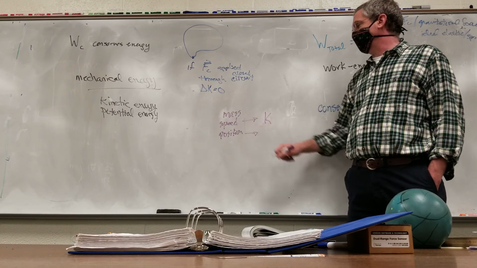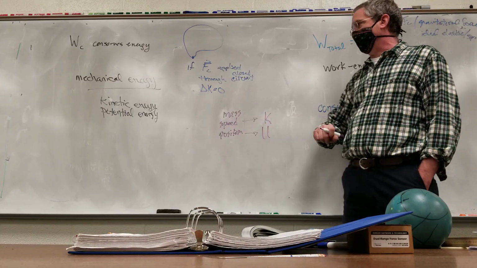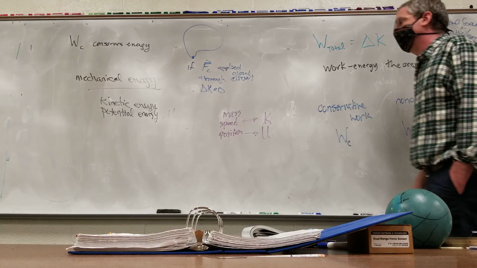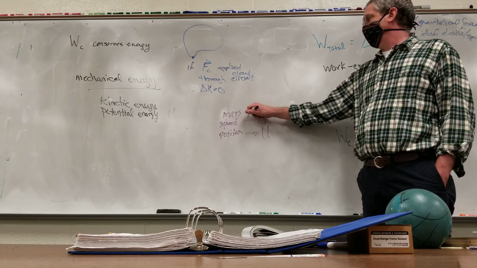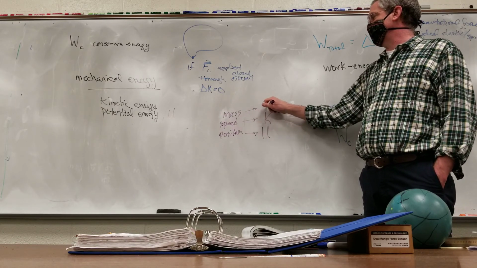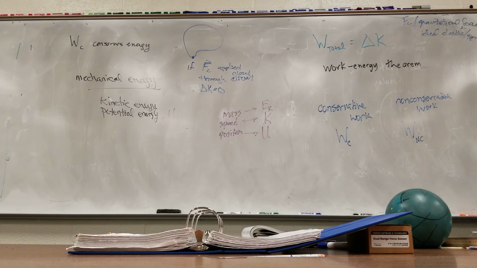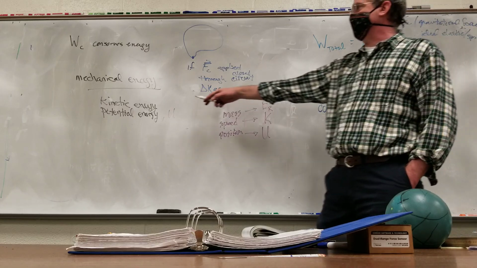The position relates to the potential energy. And now I'll introduce the symbol I use for potential energy, the capital U. And mass relates to rest energy. I bring up rest energy for completeness. It was not included over here because when you talk